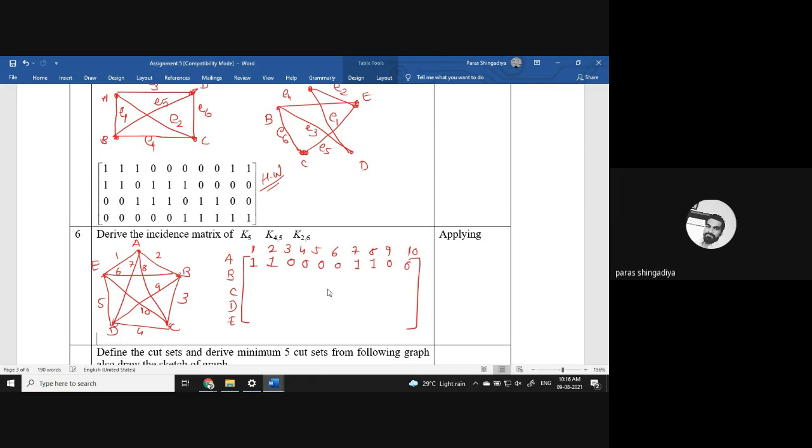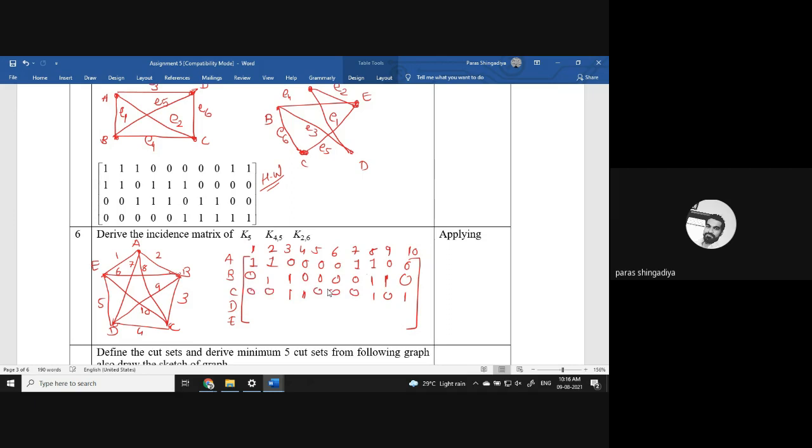Clear? अब B जो vertex है किसके साथ connected है? 2, 3, 8, 9. ठीक है? 2 number, 3 number, 8 number और 9 number. So 2, 3, 8 and 9. That is arbitrary notation. Okay, I will mention it here. You can also use the E1, E2, E3, E4 notation in place of the edge numbers. Then after that for C, the incident edges are 3, 4, 8 and 10. Okay, this edge number is 8. So 3, 4, 8, 10. Vertex C: 3, 4, 8 and 10. Clear? Rest of the entries put 0.